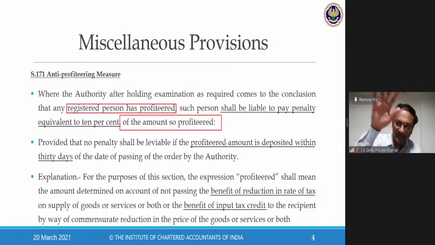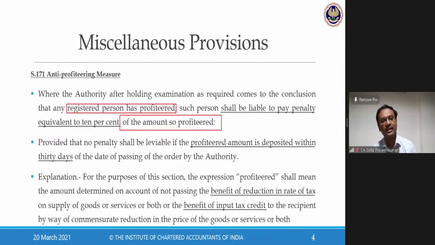So the money which pertains to the public at large should not be enjoyed by any businessman because of the tax mechanism. Here, assuming that you have been enjoying the profit, like the example of the trader, where closing stock was 4 crore, 4.5 crore, on that 12% when we calculated, roughly around 54 lakhs was the benefit of central excise on the closing stock. Assuming it was established that you have enjoyed that 54 lakhs, you have not brought that 54 lakhs as a reduction in your pricing. 10% of that amount I would collect from you as a penalty.